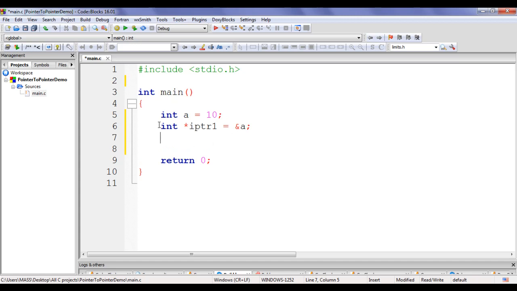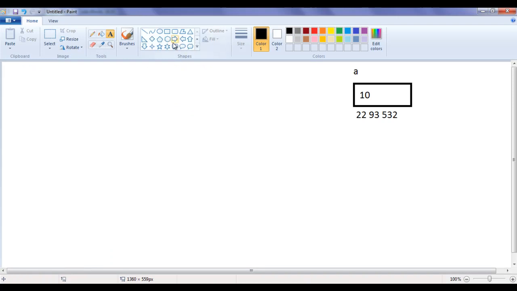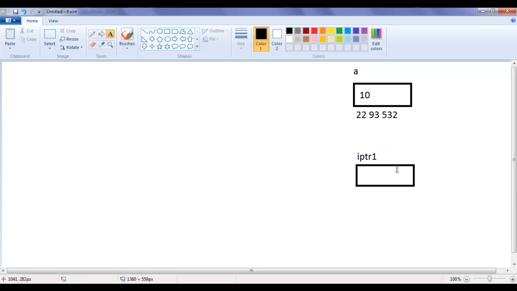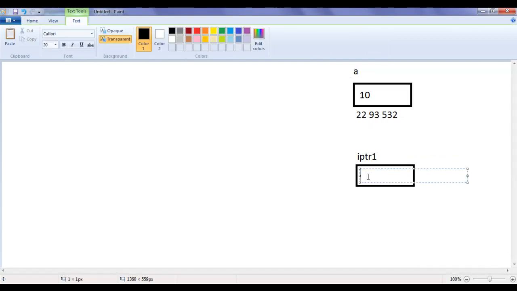What happens when this line of code is executed? Of course, computer goes to its memory. It allocates one more memory location of size 4 bytes. To that memory location, it gives the name iptr1. Inside that memory location, it puts the address of a, that is 2293532.